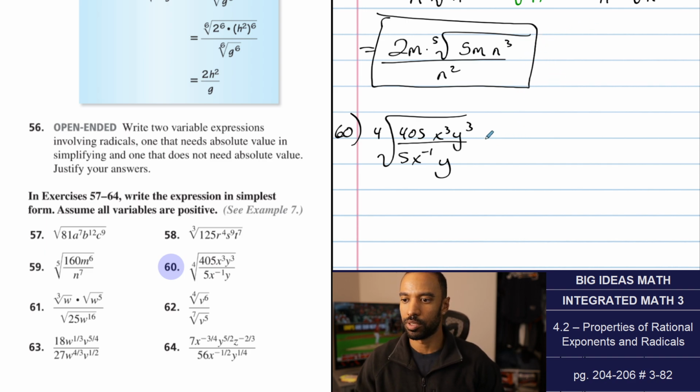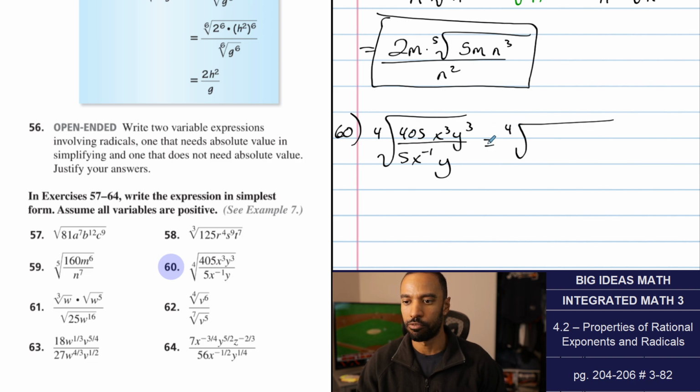First of all, you can do the numbers with numbers thing like that. I think we can all treat this within the same fourth root if we so prefer. So as far as fourth root stuff goes here, 405 divided by 5 is 81. We've seen that actually a lot now. If I bring up this x to the negative first and turn it into x, this is x to the first times x cubed, which becomes x to the fourth. That's nice. And y to the third divided by y, we remove this y and remove a y from here,